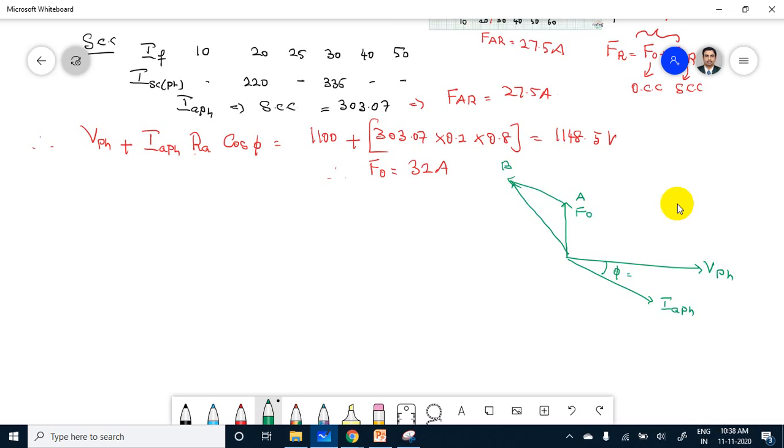We have to draw a resultant curve. It is FR. FR stands for the resultant magnetic field, and this line will be FAR, the armature magnetic field. Okay, and you have to close this line, close with a straight line and join it. This point will be C. The angle between them is phi. So this is the 0. This one will be the phasor diagram